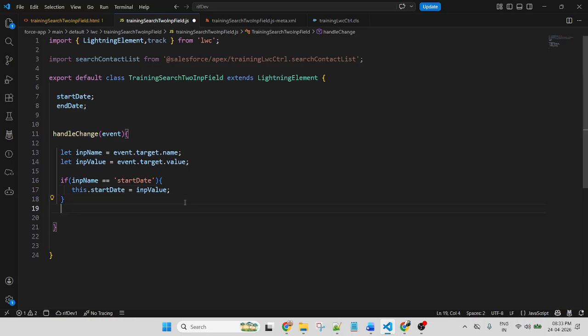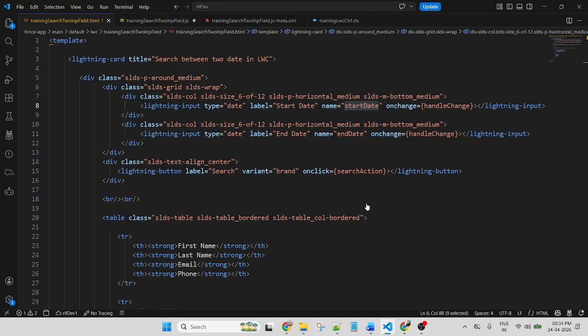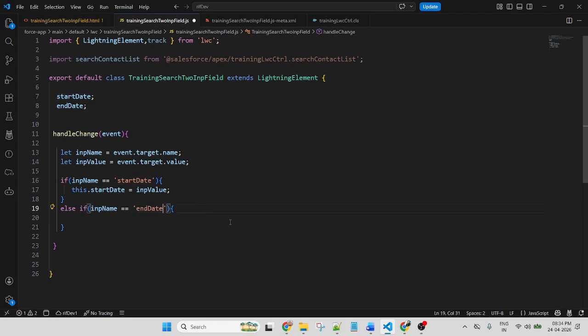Similarly, using else if this input field name equal to end date, we'll store the value into this variable, end date. Okay. So I stored the current value into this variable.